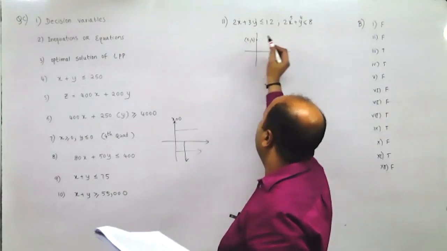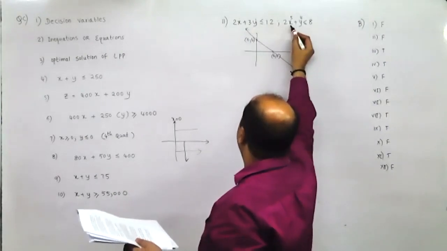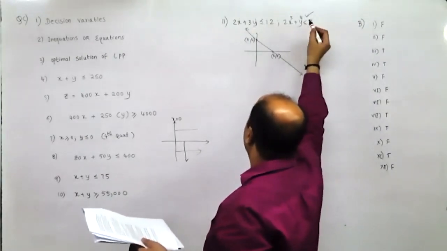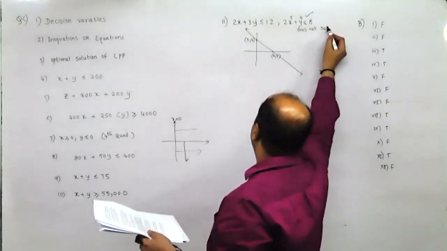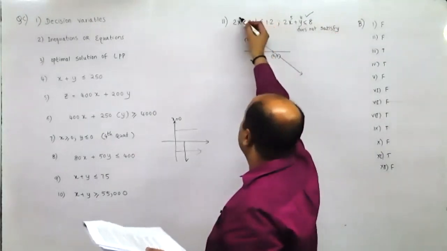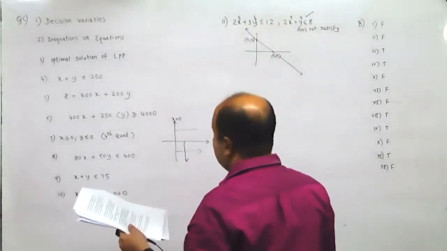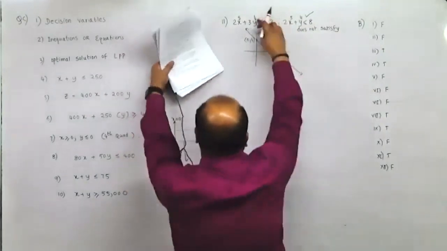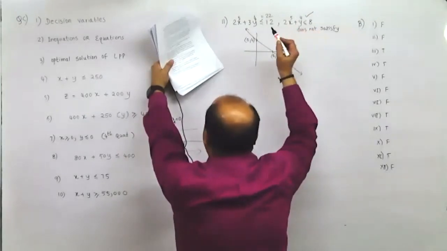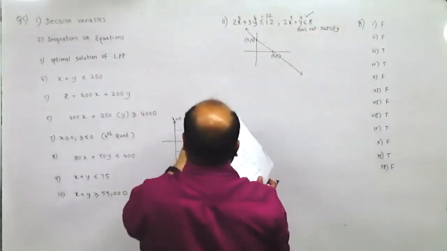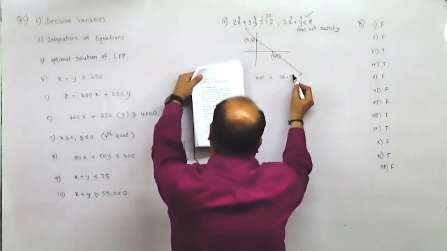No? You can get from substitution. Yeah, if it is satisfying or not. This is less than, but this does not satisfy. Yes, sir, it means it is not in the region. And 2 fives are 10 plus 3 into 4 is equal to 12. That means it is on the line. Sorry, it would be 22. So this too doesn't satisfy. So the point does not lie on the feasible region. So it is not a solution of the feasible region. Sir, it's correct.